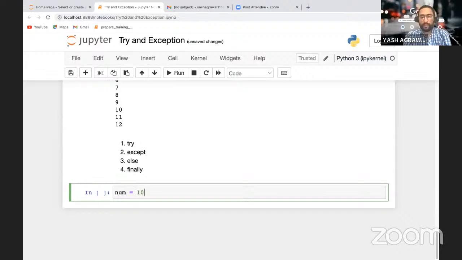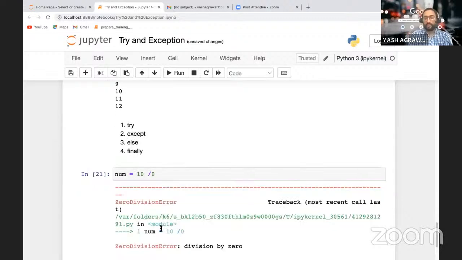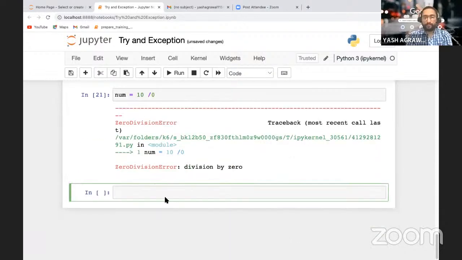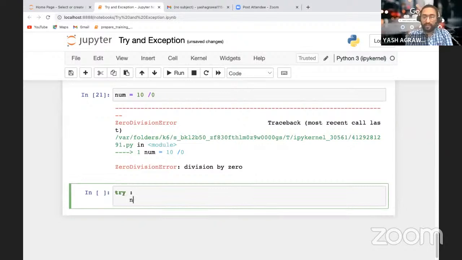नंबर 10 इज नॉट डिविजिबल, ये पॉसिबल है क्या? नहीं। सो व्हाट वी विल डू, वी विल कीप ट्राई, ट्राई के अंदर लिखेंगे अब हम, ठीक है, ट्राई के अंदर लिखेंगे, राइट।